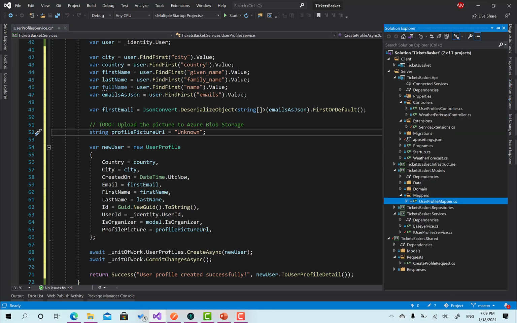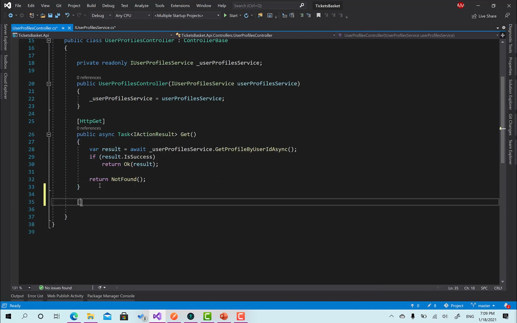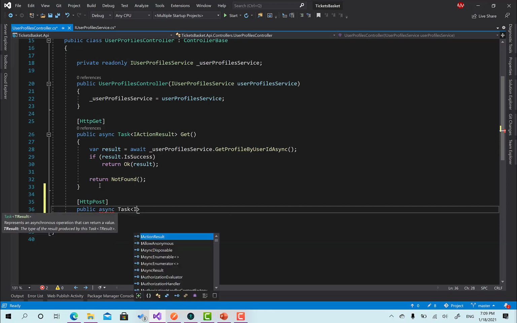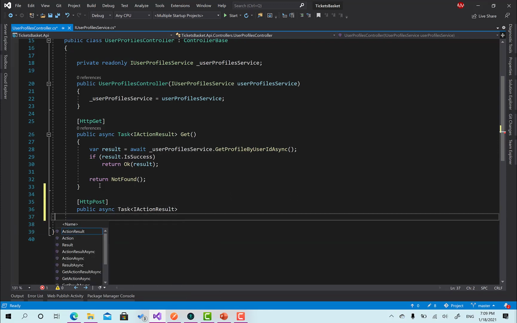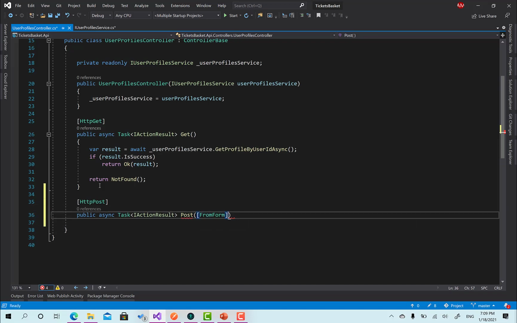I'll go to this controller, user profiles, and here I'm going to create a post request. Async task, action result. This one post, and it will receive, but from form. It's not going to be from the body because there's going to be a file. It's going to receive a create profile request